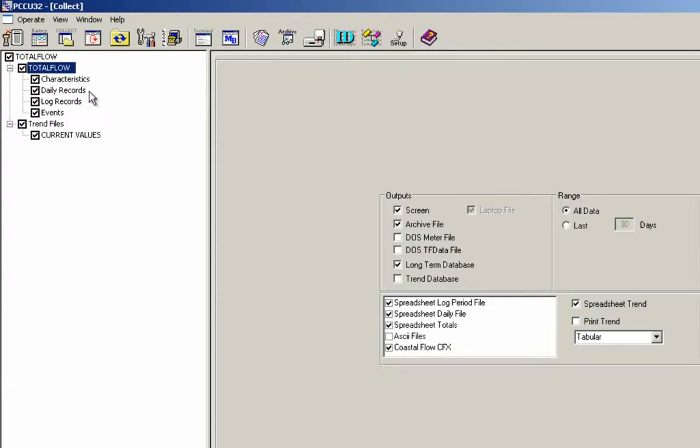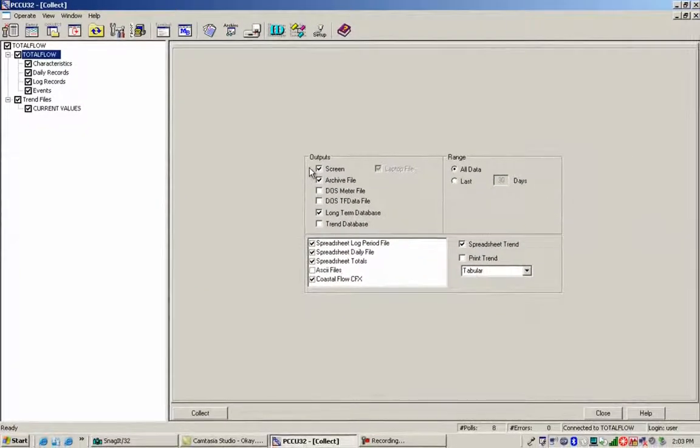So I have characteristics, daily records, log records, and events. I also have a trend file that was built later in the tutorial, and I can collect the trend file at the same time. So when you get to that portion, you can collect the trend file and view it or output the file. So the next thing we need to look at is the outputs,